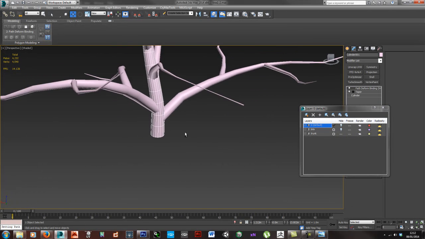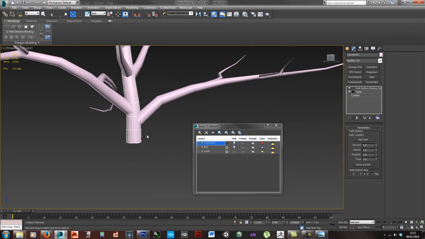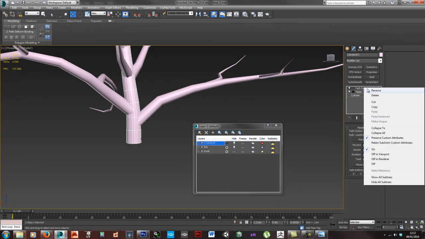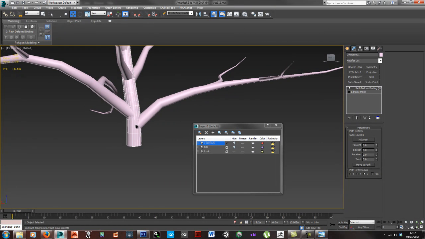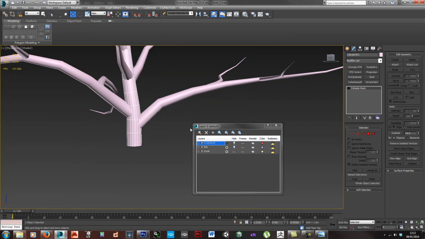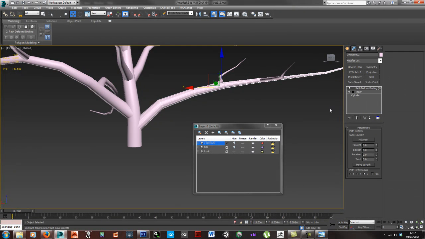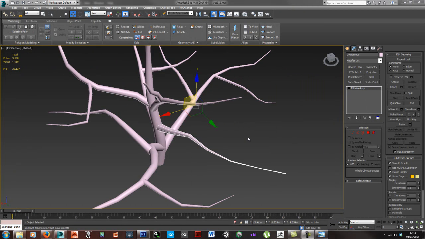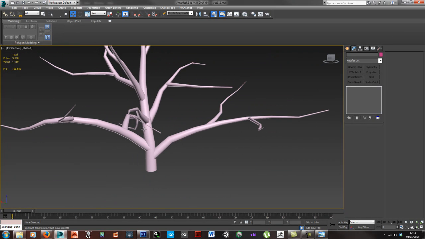So what I need to do is collapse this stack now. In order to do that, normally you would go collapse and collapse all, but I'm not sure why it does this, the path deform will stay on top if you do that. So you just need to right click and go collapse to, and then it will collapse it down. So I'll just go through and collapse all. Okay, so they're all collapsed now, and what I can do is I just need to go through and start